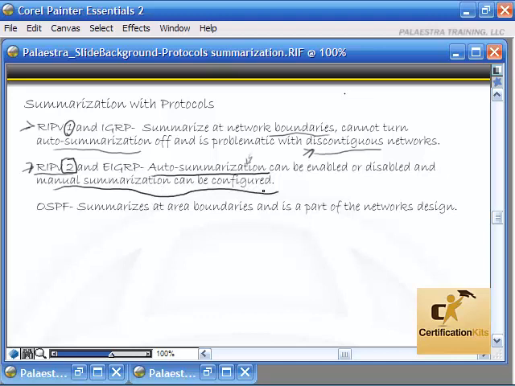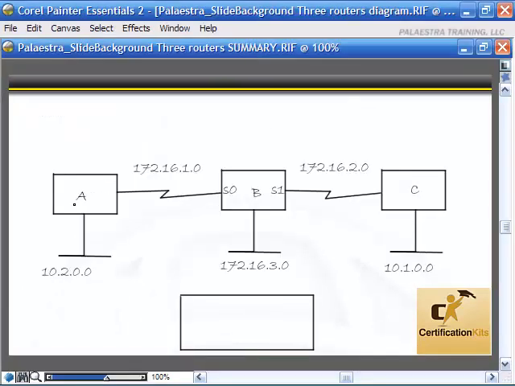Let me bring up a slide. We'll take a look at it, and then I'll show you the commands to configure it on a simulator. Here's that slide again. It shows 10.2 over here, 10.1 over here, 172.16.20.30.10. And again, router A and router C are what are considered network boundaries, meaning between the 10 and the 172.16. If we're running RIP version 2 or EIGRP,